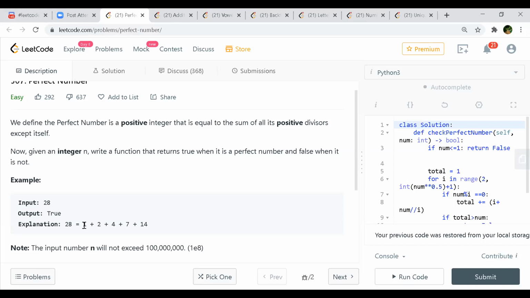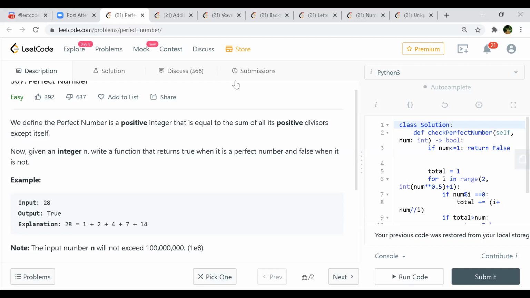Like what I was saying, let's say 2 is there. Square root of 28 is 5 point something you will get. So when you get 2 as a number, 2 will divide 28, right? Yes. Then you take that 28 and divide by 2, so the other number 14 you will automatically get, which will also be a divisor. So you don't need to look for more than 5.